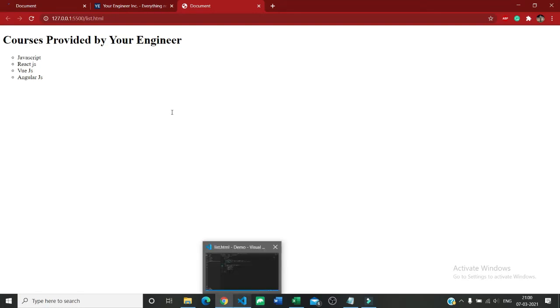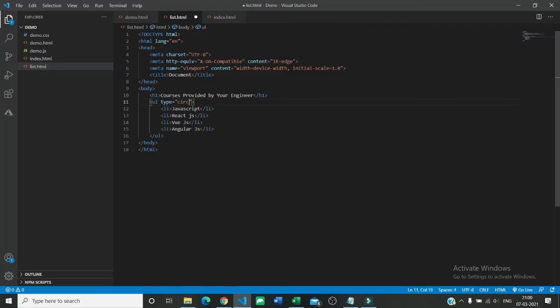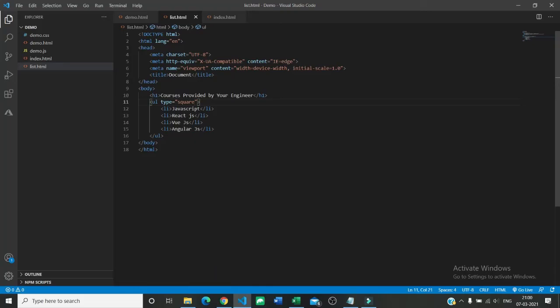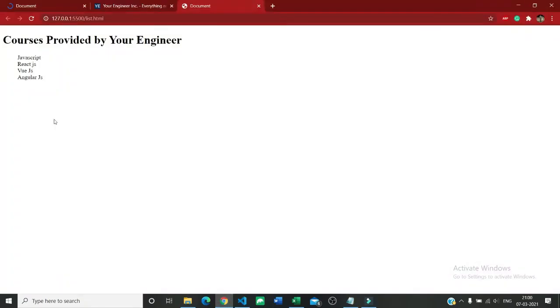Now if you want a square, you can give square. If you want nothing, you can give none. So this is how unordered list works.